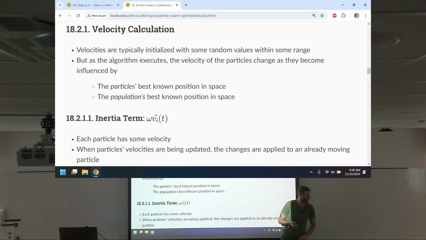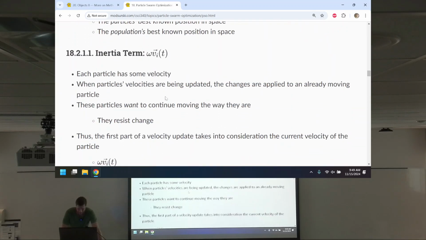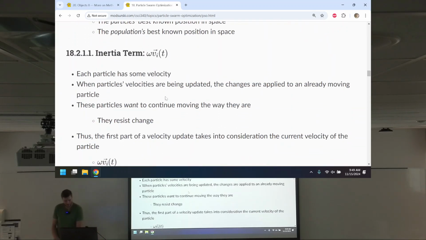But as the algorithm runs, the particle velocities change. Okay, each particle has some velocity. When the particle's velocities are updated, the changes are applied to an already moving particle. These particles want to continue moving the way they are. So this is like this inertia term,